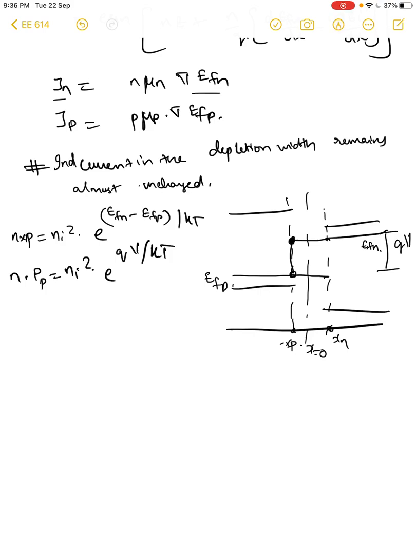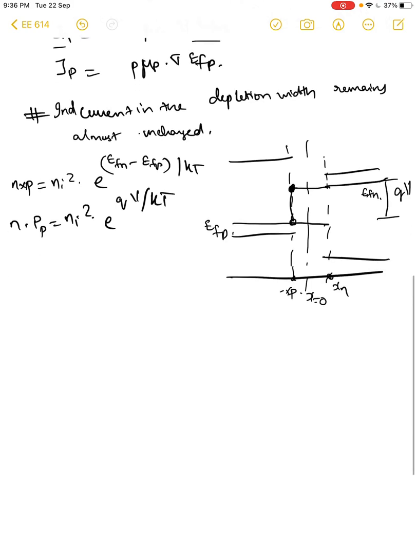Let me repeat, the entire assumption of the current being constant and the Fermi level being flat in the depletion width is to have such a simplified expression for the density of electrons at the edge of the depletion width in p side, right? So basically this is n at minus xp is equal to ni square by pp e power qV by kT. And ni square by pp can be written as